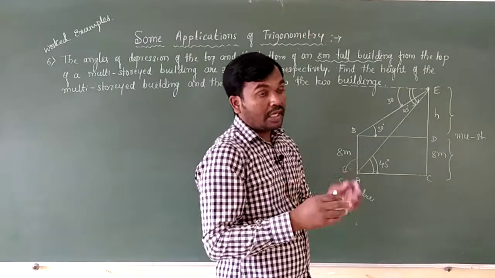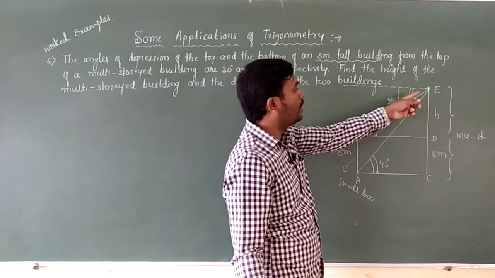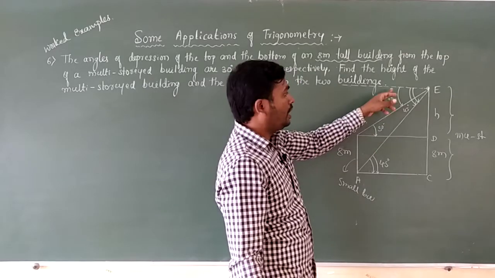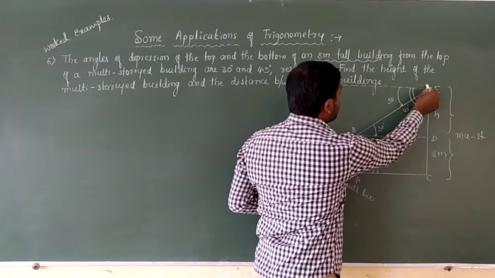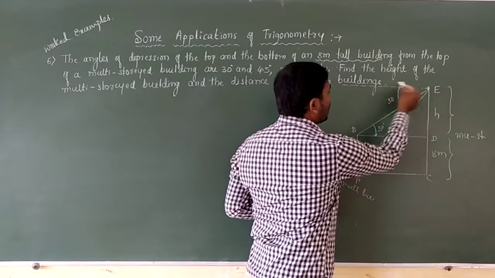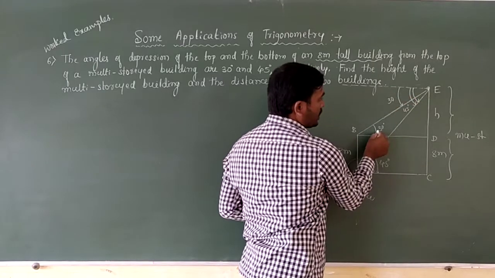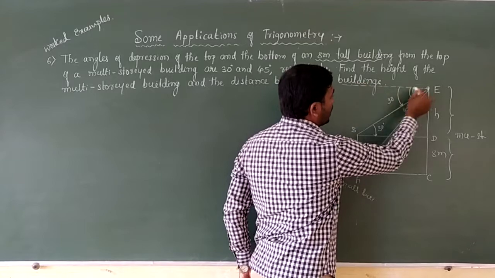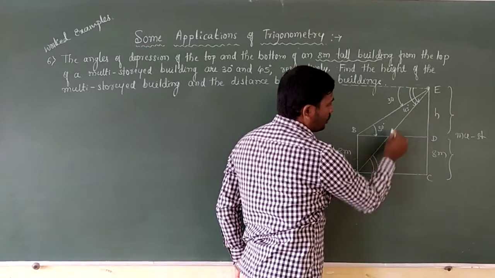So in 9th standard you learned one thing, that when two lines are parallel to each other and a transversal intercepts, then alternate angles are always equal. Observe here, these are Z-shaped angles. We say they are Z-shaped angles. So this is 30 degrees, this is also 30 degrees. In the same way, the total angle here is 45 degrees, so this angle is also 45 degrees.